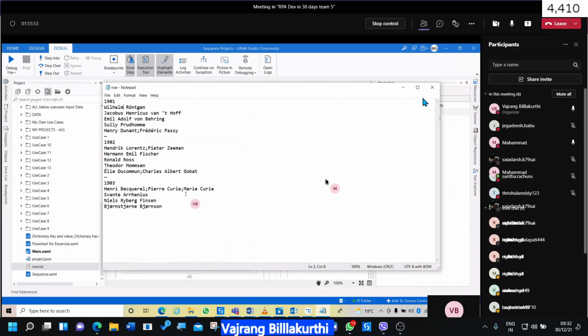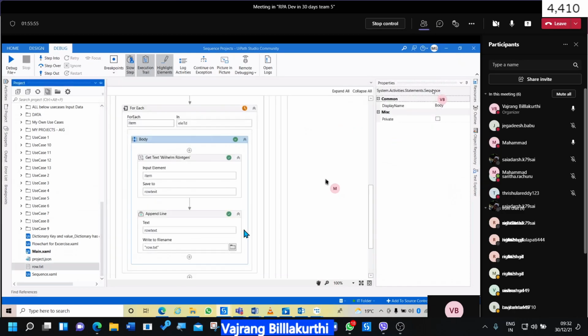But if you want to add it into a data table, you need to build a data table and add items to rows. Yes, you can do it on top of this.